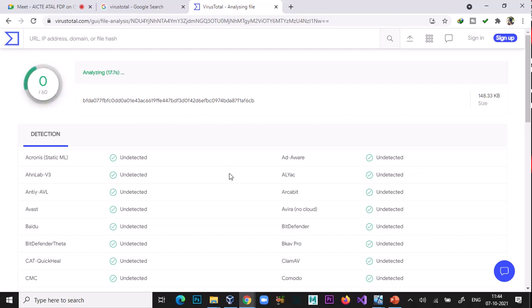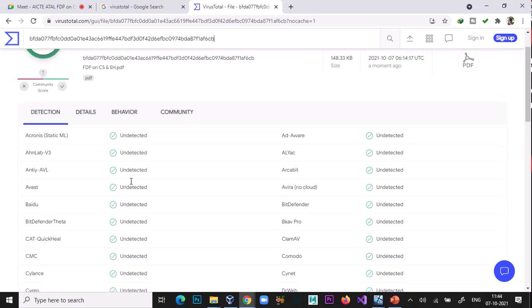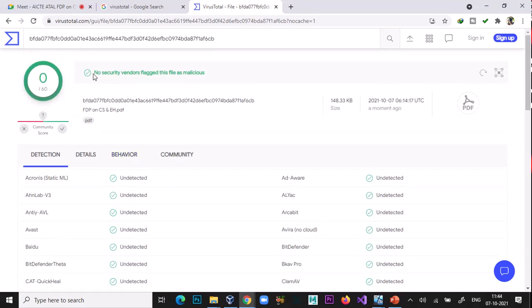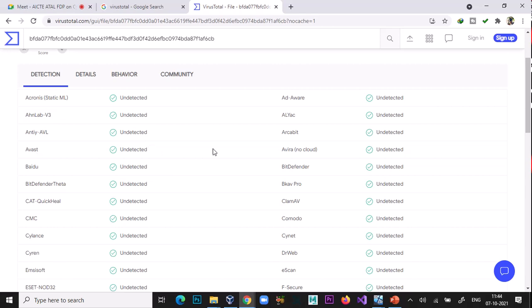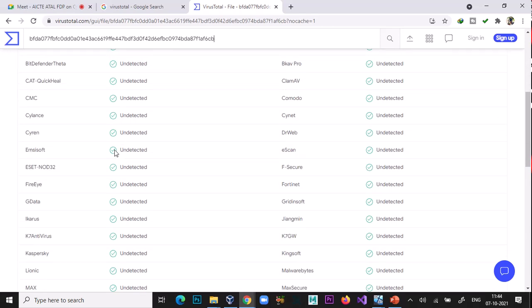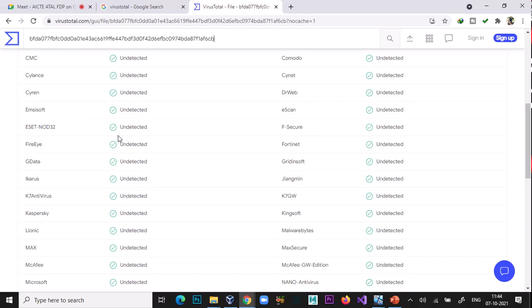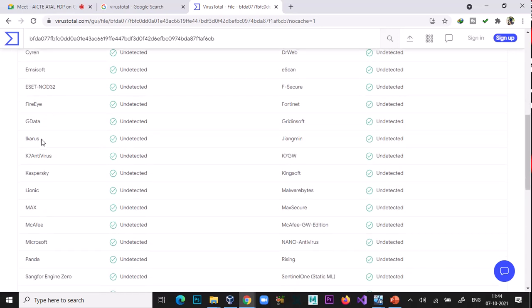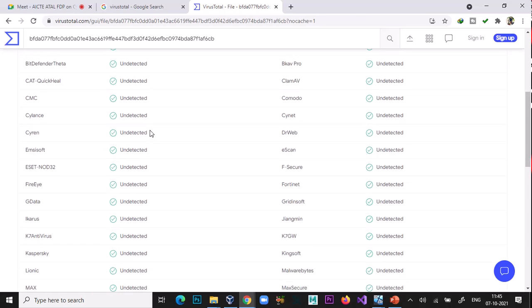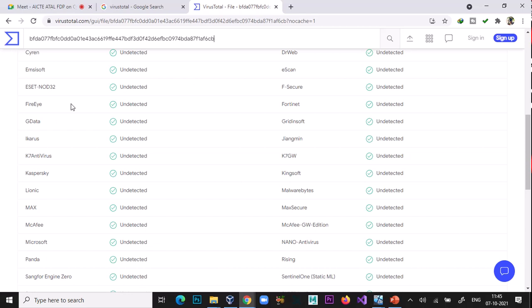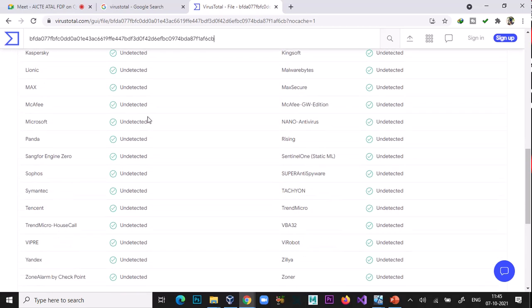So there are many antiviruses available here. Those scan the file and give their results. So Acronis undetected, Avast undetected, Avira no cloud undetected. So there is no virus. If a file has a malicious function, then these antiviruses notify you.